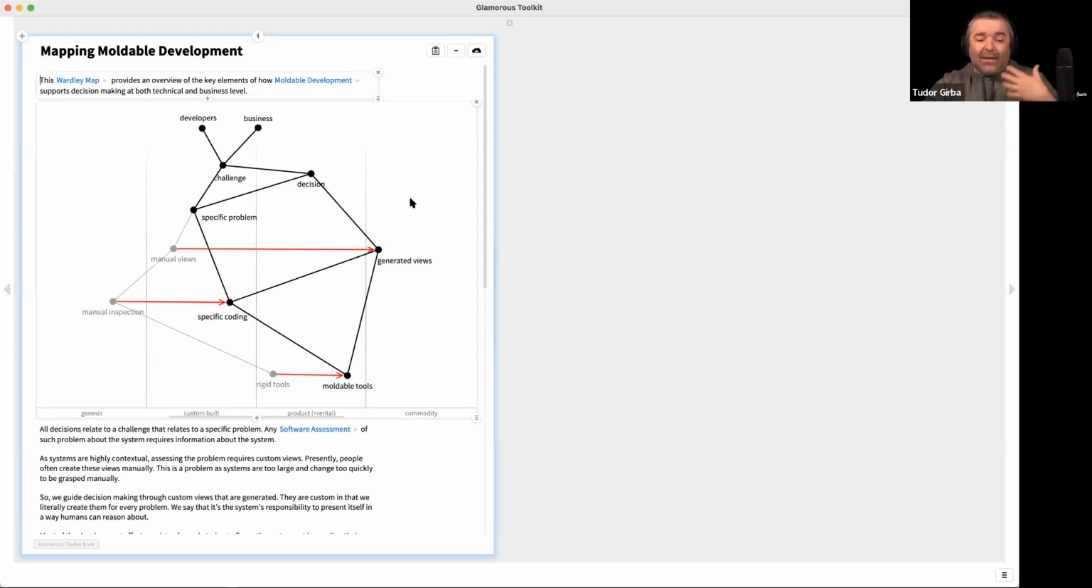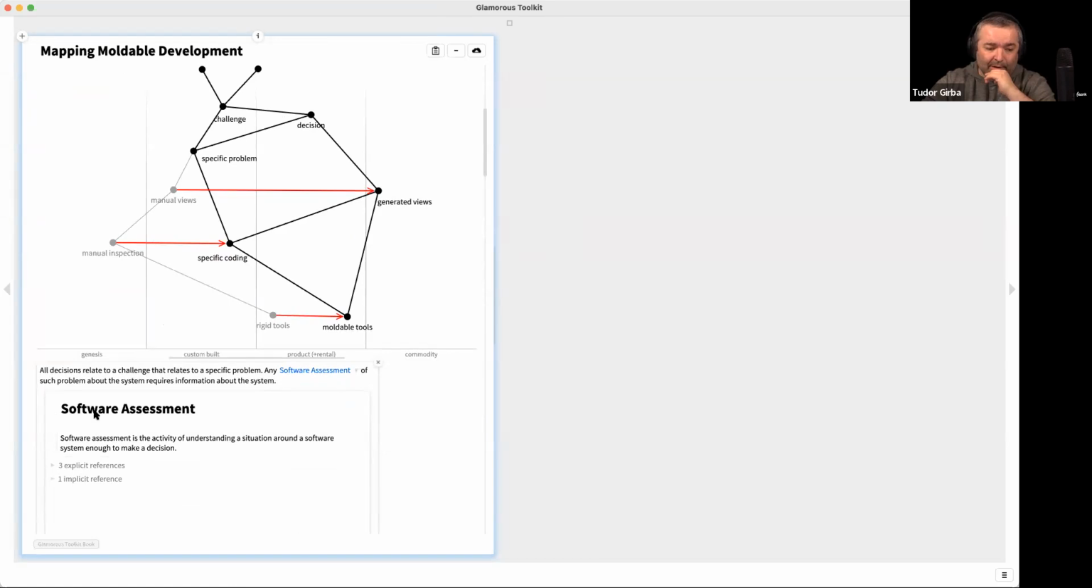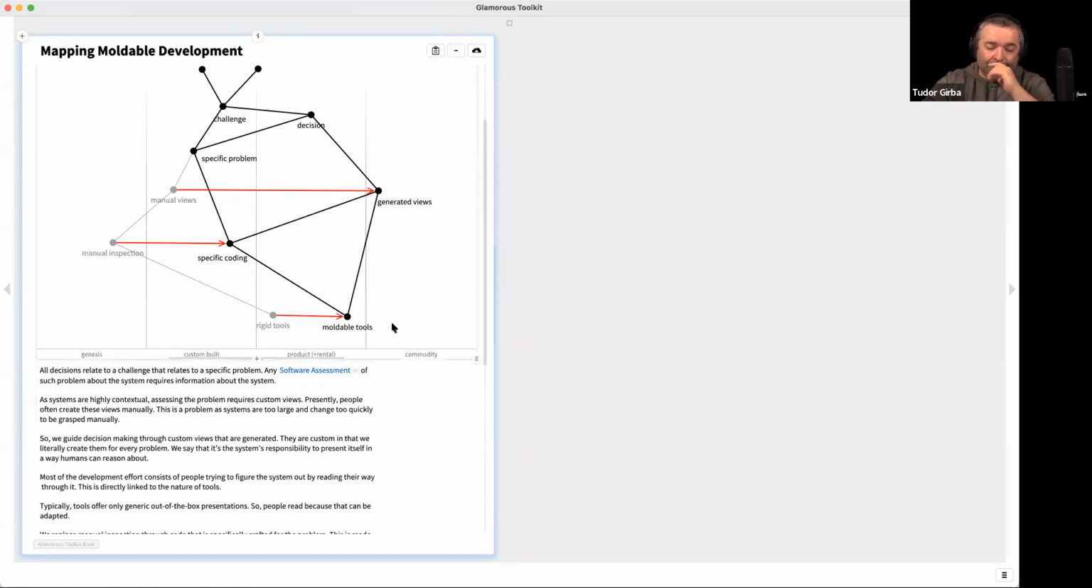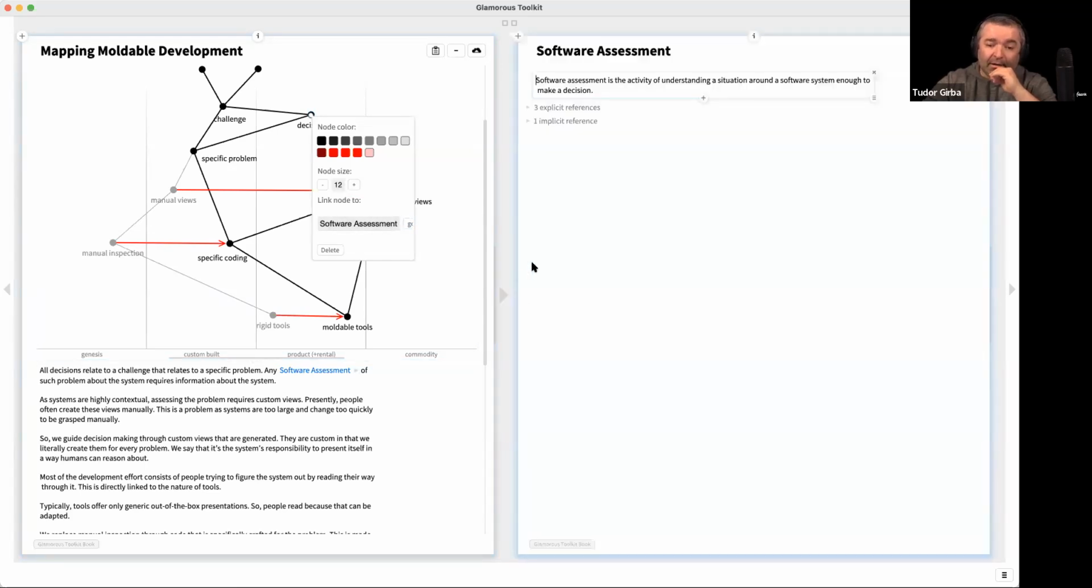Now, of course, this is a diagrammatic way of representing knowledge too, right? So here, for example, we have a link. I can go and preview this one. This is the software assessment page. But also here, in some of these nodes, if I right click on those, I can see, oh, look at that. There's a link to software assessment as well from here. So I can click on this one and I can get to this page. And now when I look back,